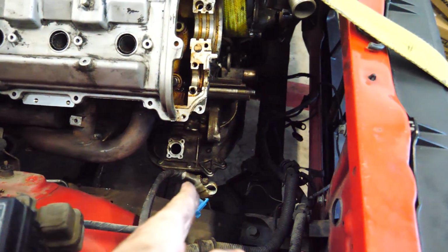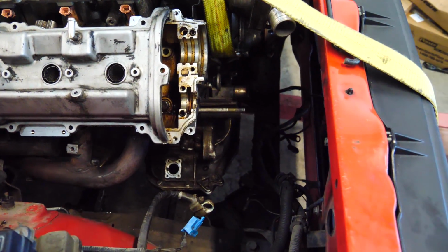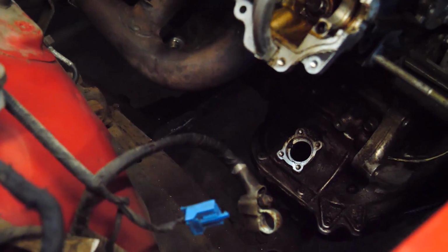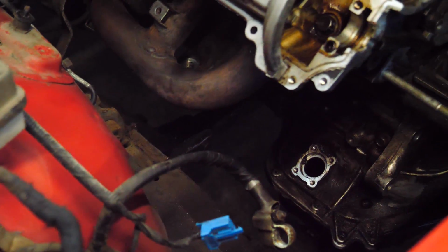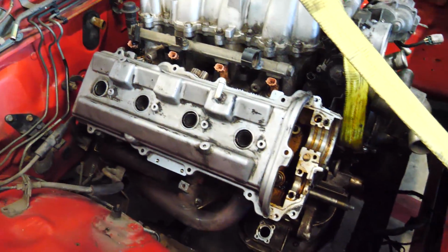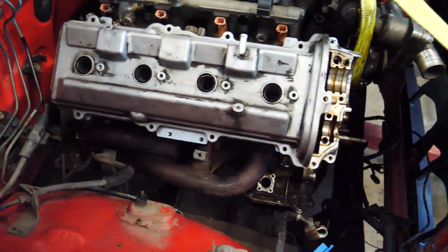As you might be able to tell, you can't tell at all, but pretty much the sway bar is running right there and the oil pan is sitting right on top of the sway bar. The good news is that there should be enough room between the oil pan and this little center cross member thing to put the steering rack. So I think we should be able to run with this type of oil pan, the front sump oil pan,